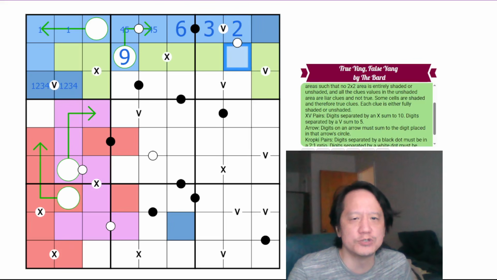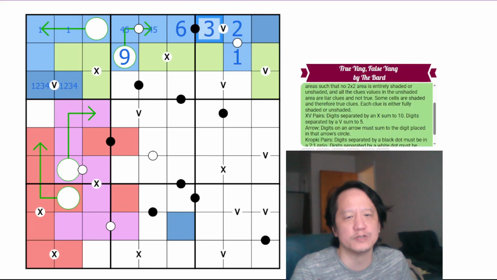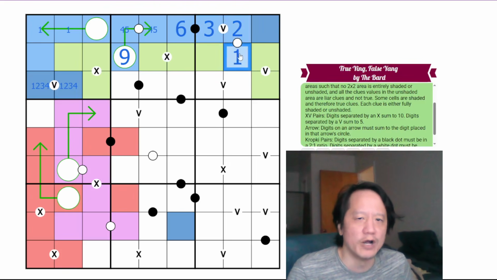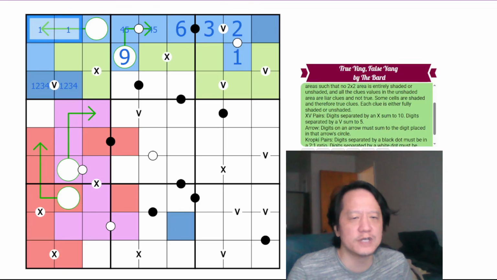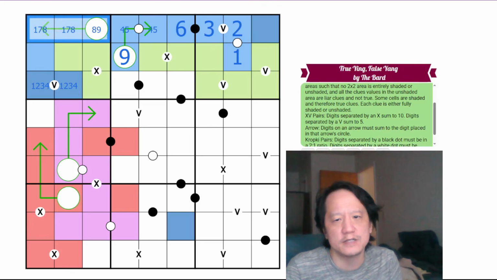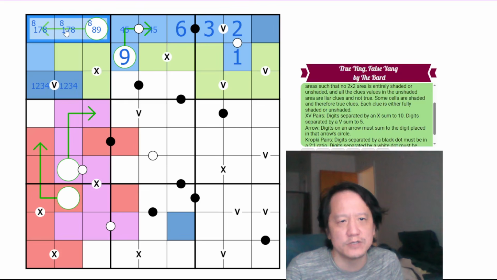And this is 2, which must be consecutive with 1 because we have a 3 already in the box. So this is 1, which means this cannot be 1, 4, adding up to 5 here. So this must be not true also. This is either 1, 7, adding up to 8, or 1, 8, adding up to 9. Either way, we are guaranteed an 8 in one of these cells. We are also guaranteed a 1 here, which eliminates 1, 4 as a possibility to add up to 5 here